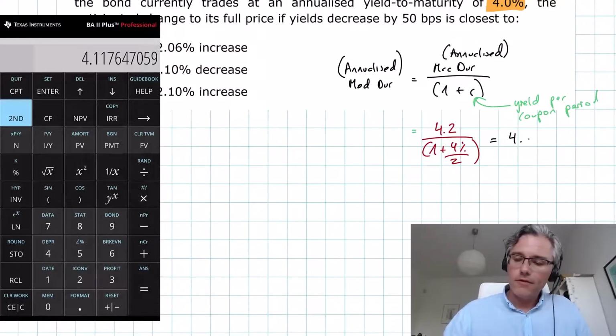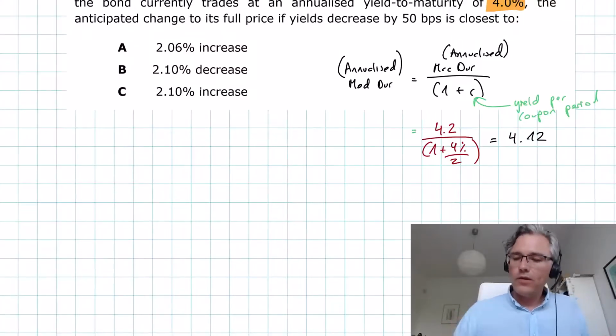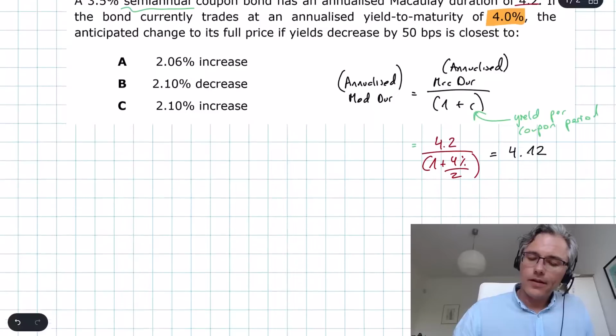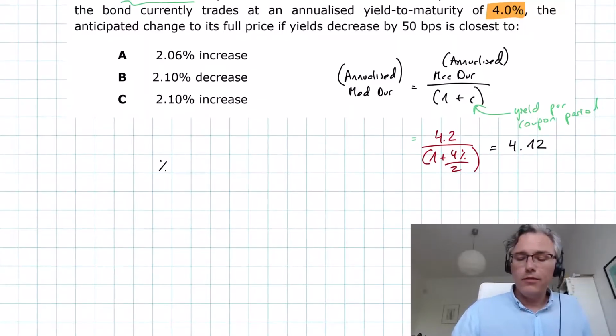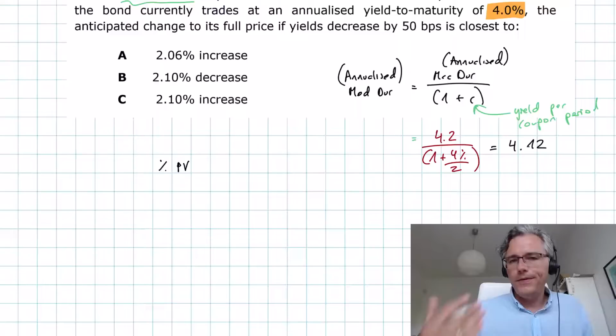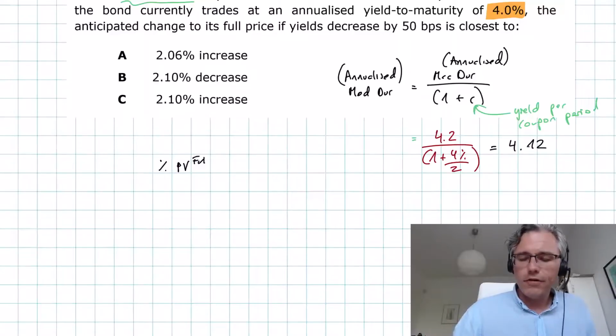Well, more or less 4.12. Okay. Now, what does this mean? The percentage change to the full price of the bond. The price of the bond is typically denoted in your curriculum as PV, the present value, but the full price of the bond is approximately going to be